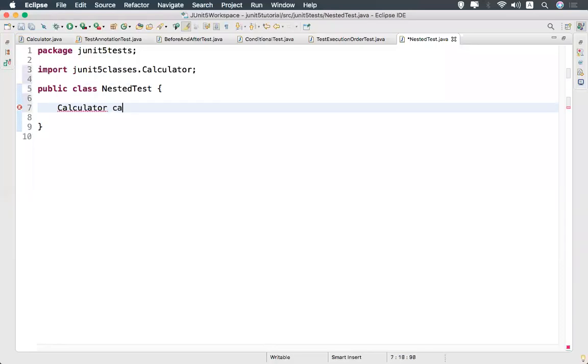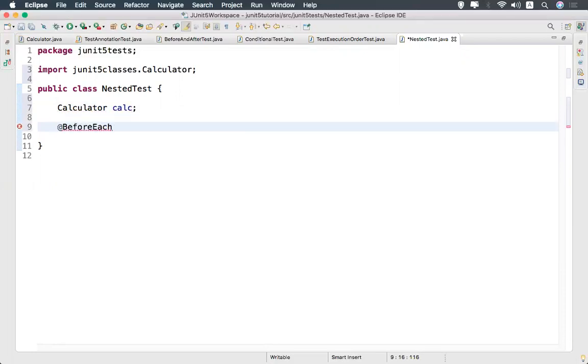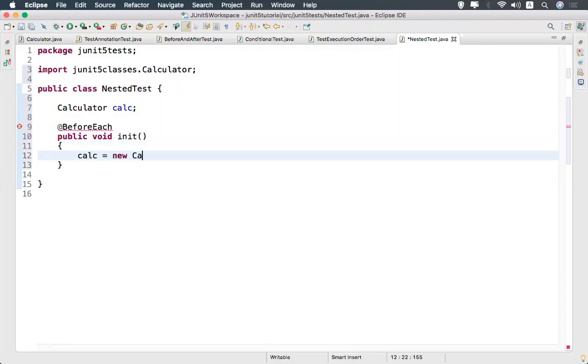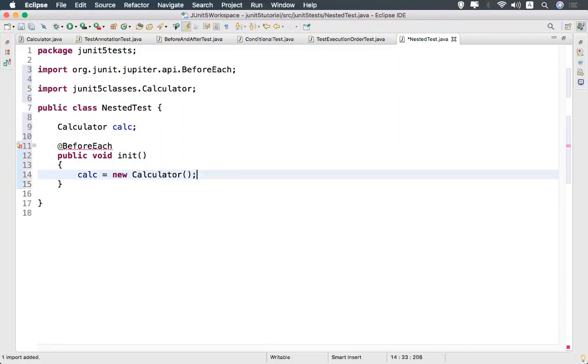Calculator calc, I'll take this, and @BeforeEach public void init, so I'm initializing this, and then I'll write some tests.